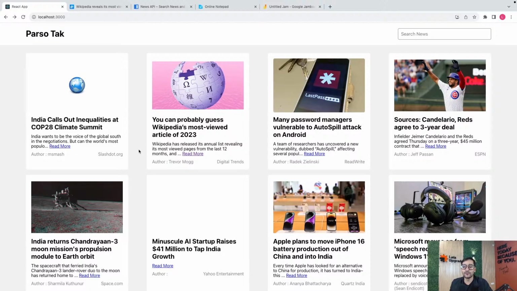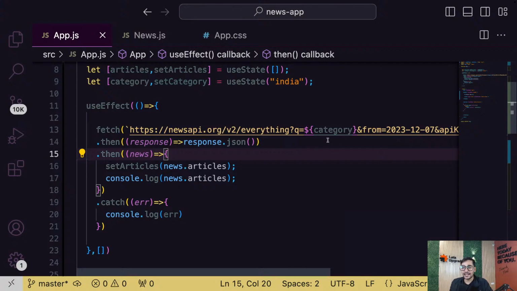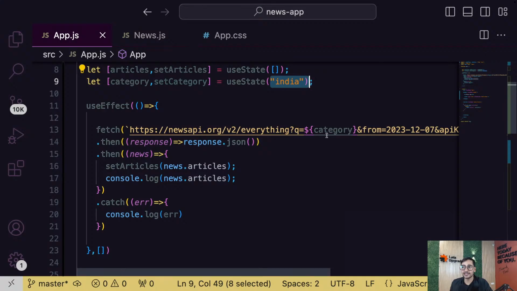Everyone? Hopefully, we are clear with this. There is no confusion in this, right? So now, instead of hard coding India, I said I have a category variable in which India is stored, and now we have India. Now what we'll do is, whenever someone types something in that text box, we'll change this category according to whatever is written in the text box. Yesterday, guys, we learned how to read input fields. That's what we'll do. So we'll change this category variable now. So let's go.